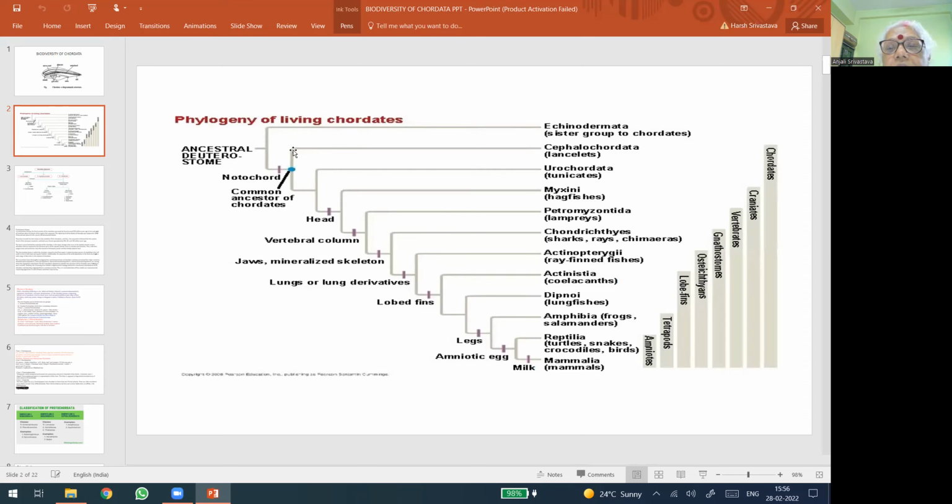Anus develops first, and it includes all the chordate as well as the most modern, it can be said most developed non-chordata, that is the Echinodermata group. So this is the first group, Echinodermata. Then comes the Protochordata, that includes Cephalochordata, Urochordata, and of course, as we have already seen, Hemichordata is there, which is now no more